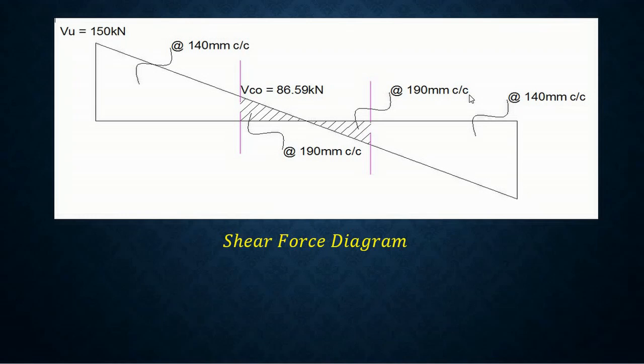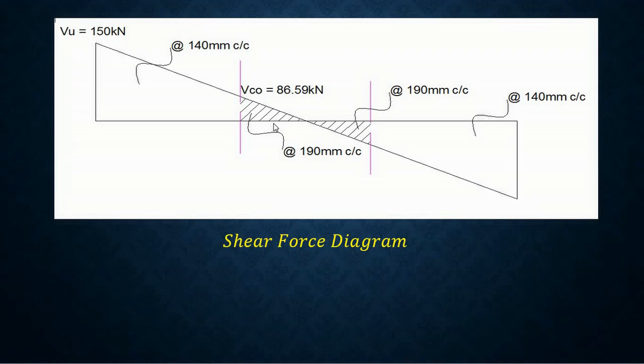Like this we can calculate these values, and as I said, by using similar triangles we can find out this length from this point up to here. How much is the length that can be found out? For example, I'm just giving some extra information, nothing else. You need not worry much about it. If you are fine with this, you can just write these things, mention the spacing and leave it. If you are interested to know how much is the value or length here, you can solve by using a similar triangle.